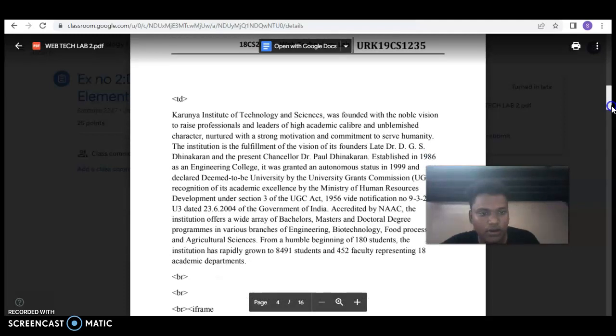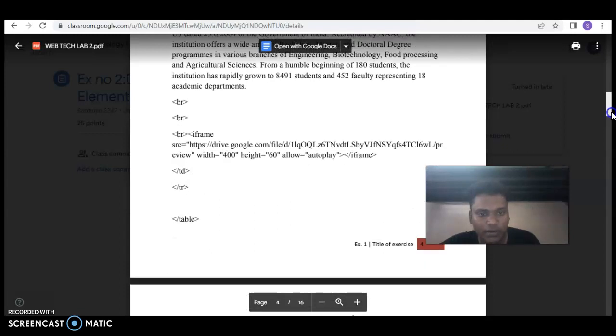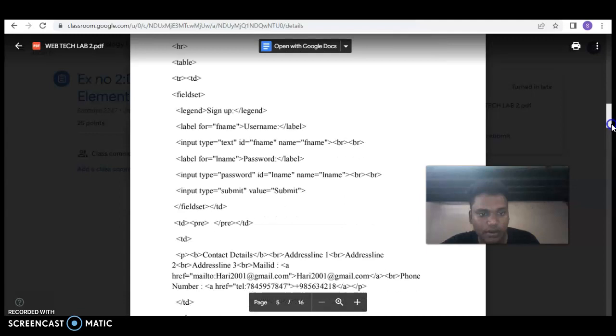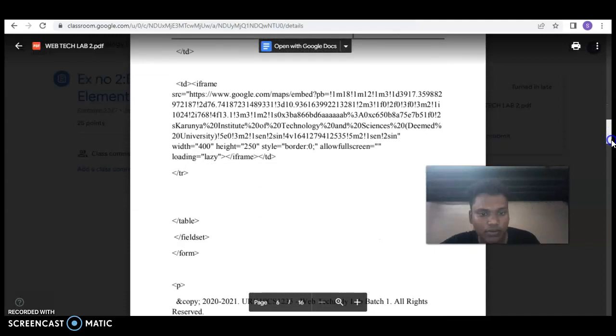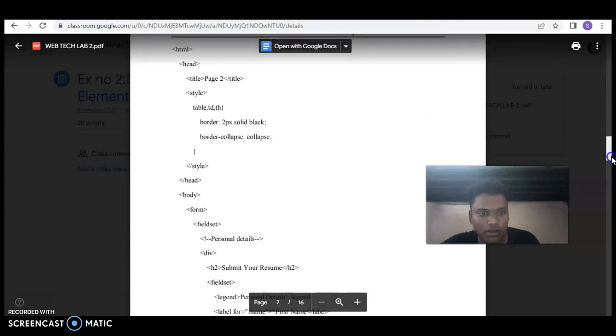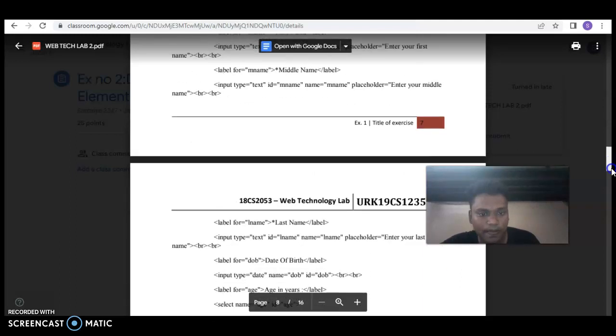TD. Now you have to put the TD that you have to write that universities and folders, and we have to close the iframe. Then TD and table and table TD, fieldset user sign up and login and password name, and we have to put the name table field and body HTML, and we have to put style border collapse and